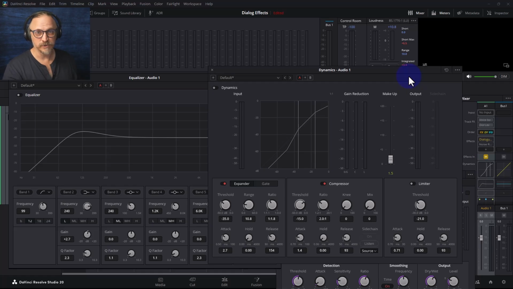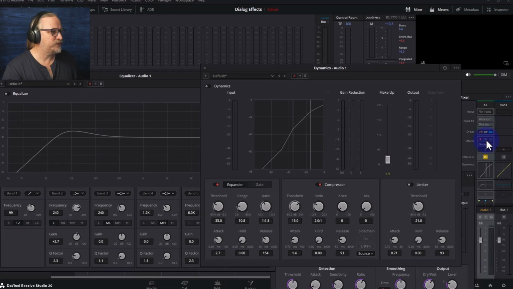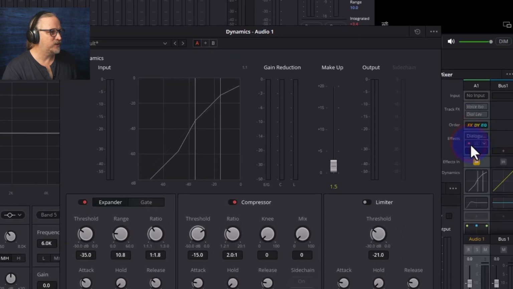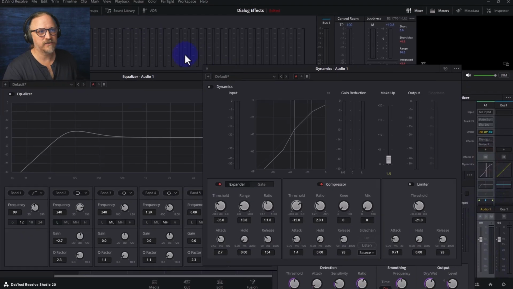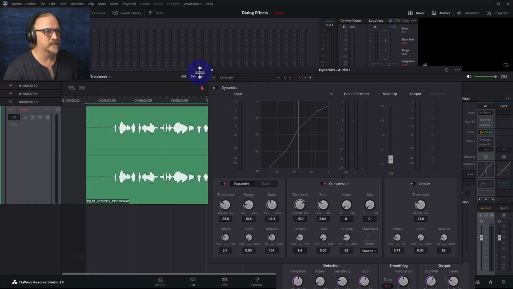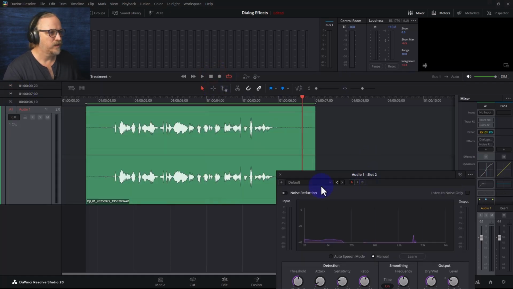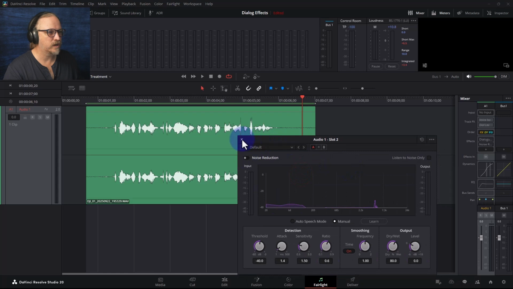Now, that's all the free tools. Let's look at noise reduction. So I'm going to turn off everything here. You can turn things on and off by hitting this little power button, and you can turn off the other effects here, and I've turned off these effects with the little on-off switch in them. And noise reduction is off as well.